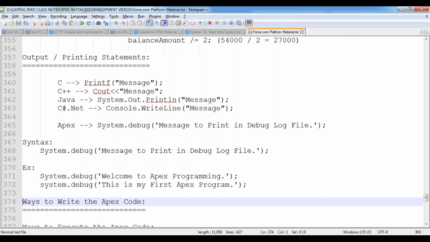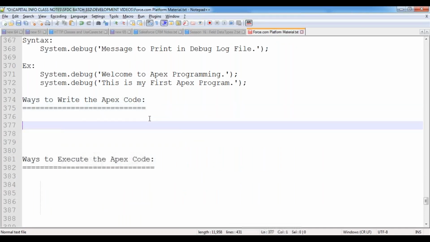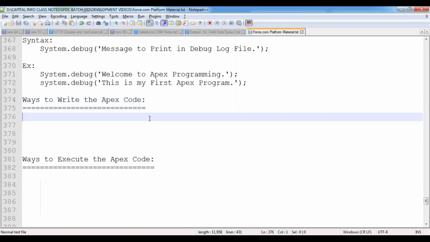Now, the next one is, how can we write that Apex programming code? How many ways are there in the Apex programming language to write your Apex programming code? Whenever we write Apex code in order to implement your application functionalities,